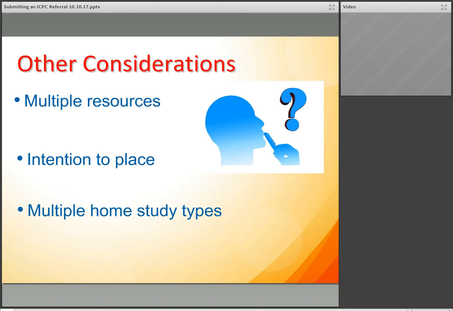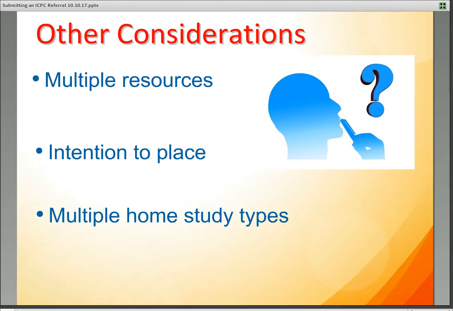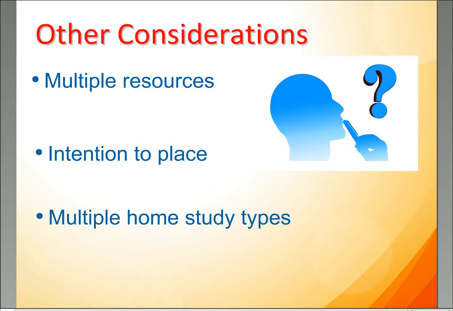Finally, consider that other states may not accept requests for multiple home study types at one time. For example, the receiving state may not allow you to request that a home be licensed as a foster home and studied for adoption at the same time. Some states actually require that you have a foster home study approved, have placement occur, and then study the resource for the purposes of adoption with a new ICPC referral. This is not with every state, but is a consideration that you should be aware of.